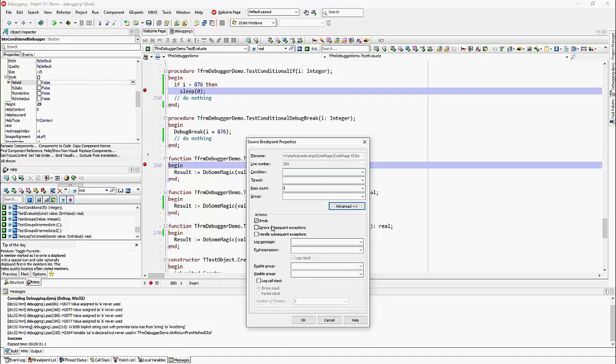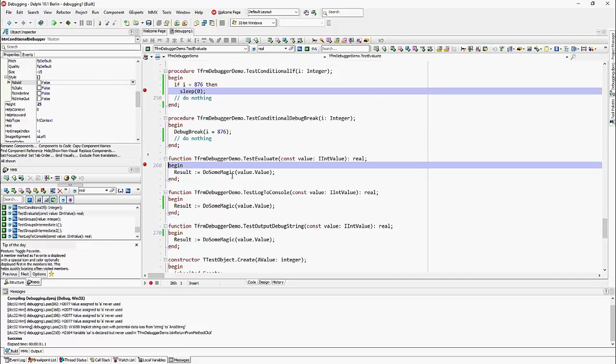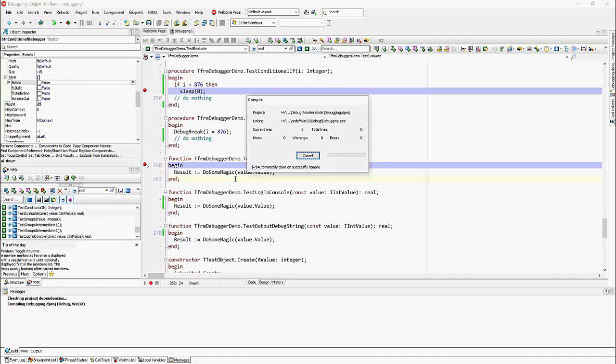In the advanced part of the breakpoint properties, I can log my expression. I can only log string expressions, so I have to convert my integer value to a string. I have to check log result, and I will uncheck break because I really don't want my program to stop here each time this function is called. If I run now,